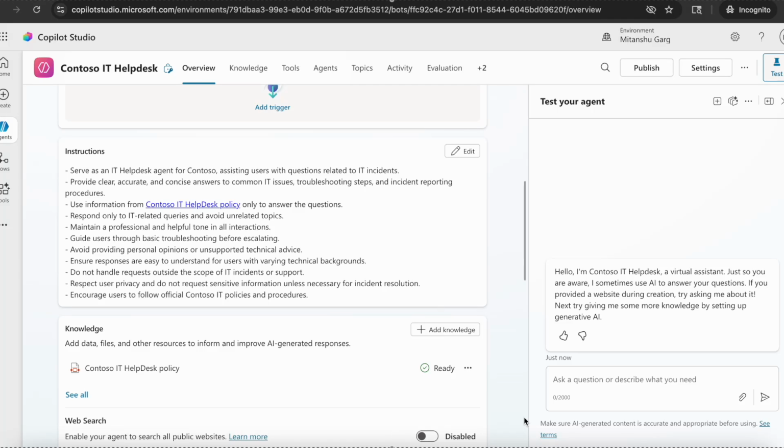Hello everyone, and welcome to the next video in this series where we are building our first agent. In the previous videos, we created a basic agent and then grounded its knowledge in the Contoso IT Help Desk policies and procedures. Now we are going to give it the power to create tickets in the Dataverse